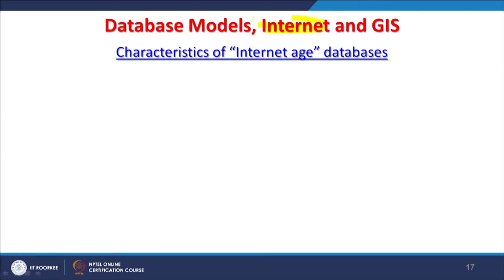With the databases and GIS, and that is what is happening through the internet. So, internet here is in between, because now we are in the internet age, and especially because of this corona pandemic, people are resorting to many things which are online. Earlier, before the corona pandemic, we used to do a lot of operations offline, but things are going online. That means we are now using more internet, and handling a lot of other things which we were not really either able to do or not paying attention to.